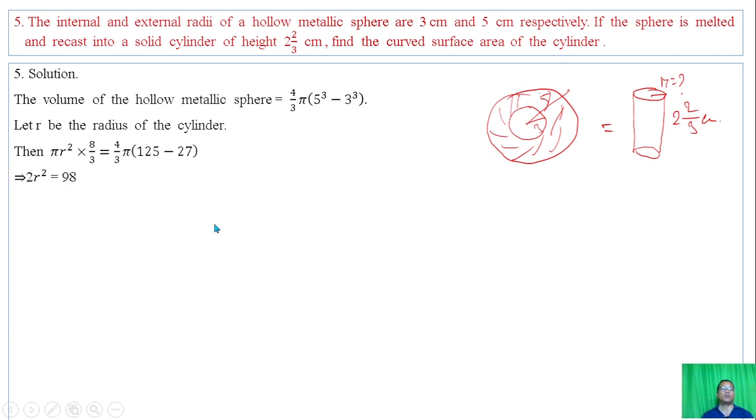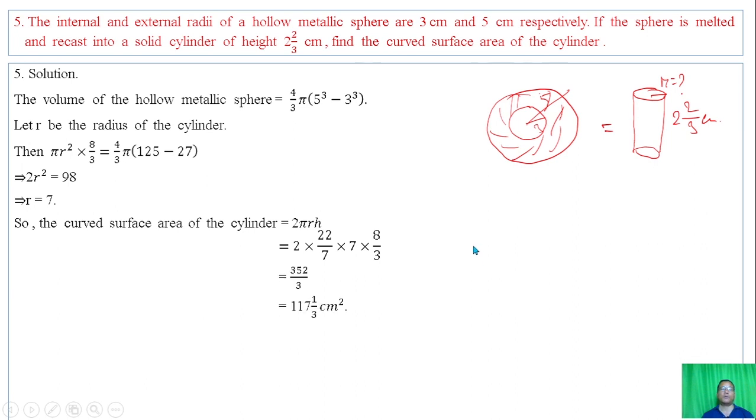We have, simplifying pi, the value of R is 7. Radius of the cylinder is 7. Then the curved surface area of the cylinder is twice pi R h. Substituting the respective values, R is 7 and h is 8 by 3. Simplify, we have